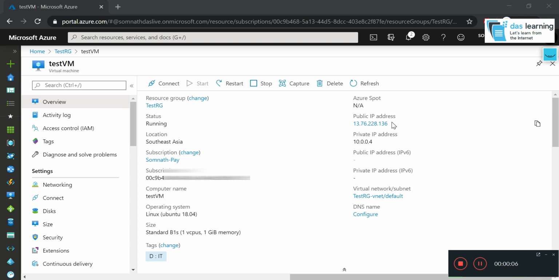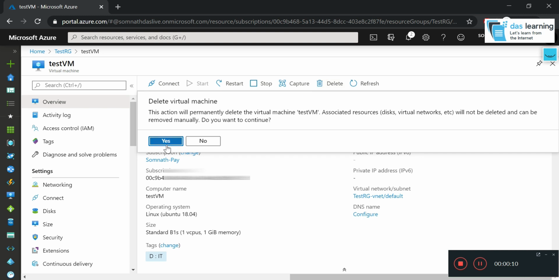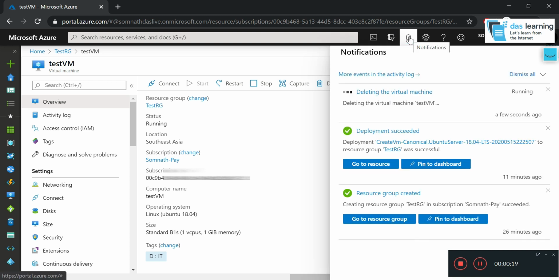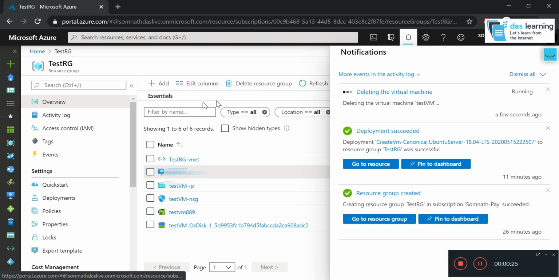Now, if you want to delete the virtual machine, that is very much possible. Just click on delete. It will ask for your confirmation. Yeah, click on yes. It will try to delete. It takes some time to delete the virtual machine. So that's all. You can delete even the entire resource group if you want.